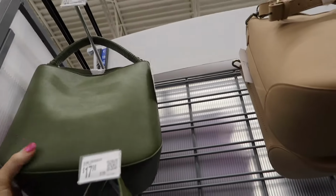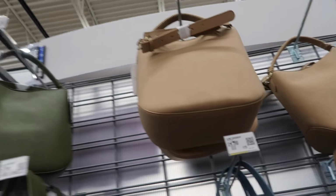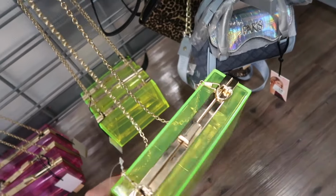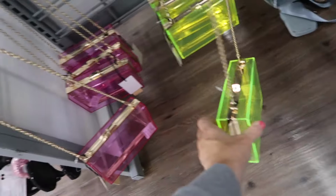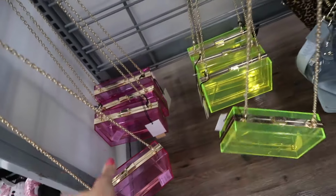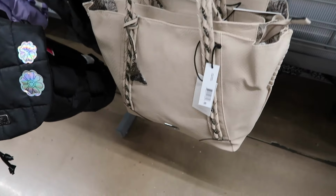And then also from Time and True, those have a top handle, shoulder strap in the green, also in the beige, and they're $24.98. New clear bag from Madden NYC. So they have this yellow and the pink, and I don't see a price. Little toggle in the black, also comes in the beige. The beige has a snakeskin look,